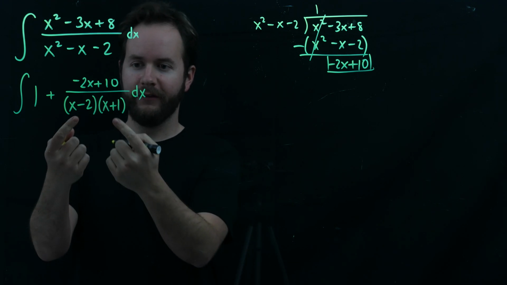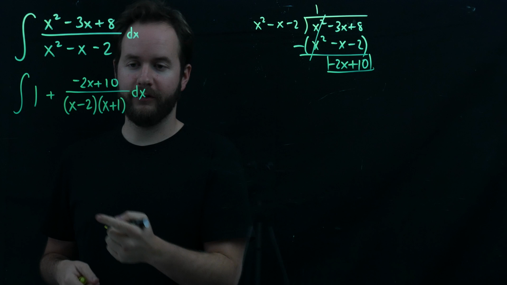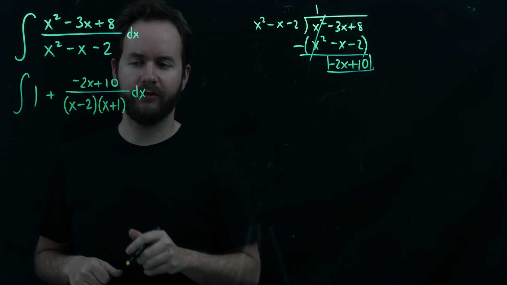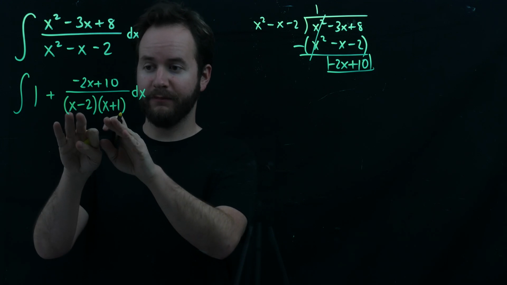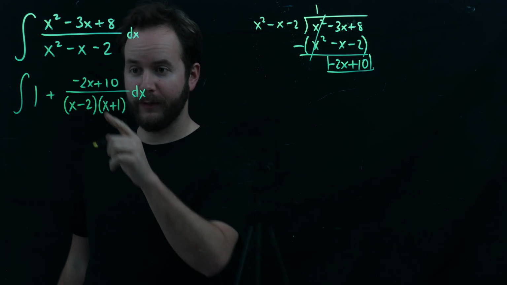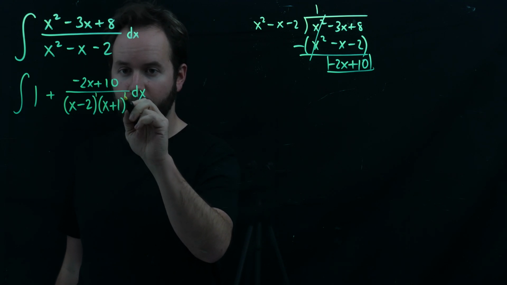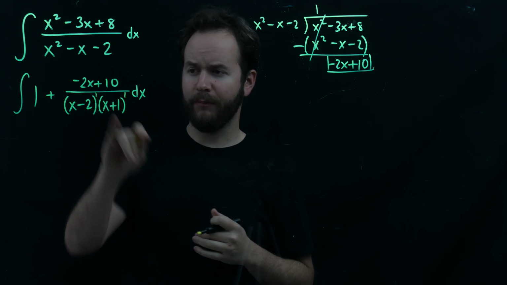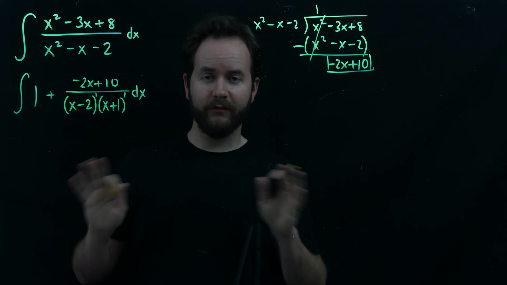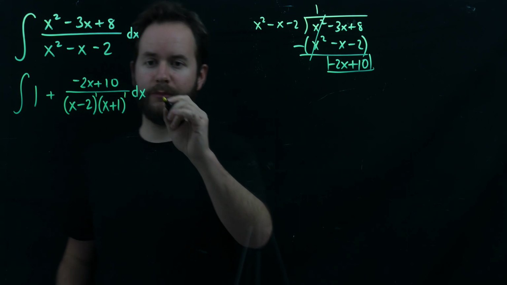What I mean by that is check out these two denominator terms. These are linear factors. We can tell they're linear factors because there's not an x squared plus 1 or an x squared plus 2 or an x squared plus 4. They're just x minus 2 and x plus 1. Furthermore, they're single linear factors because they're both being raised to the power of 1. We would call them repeated linear factors if the powers on either of those were 2 or 3 or 4 and so on. So these are really simple linear factors, which means the decomposition